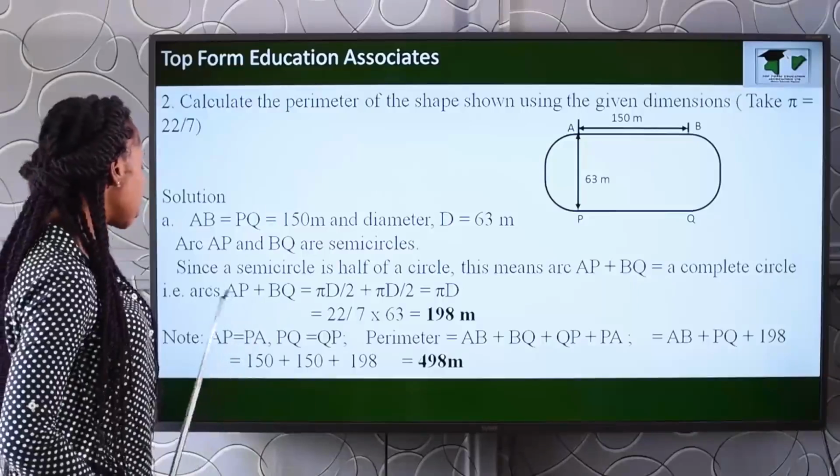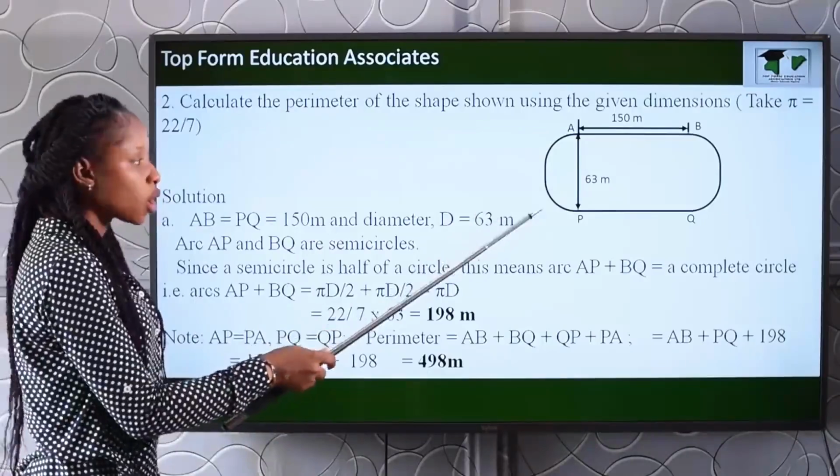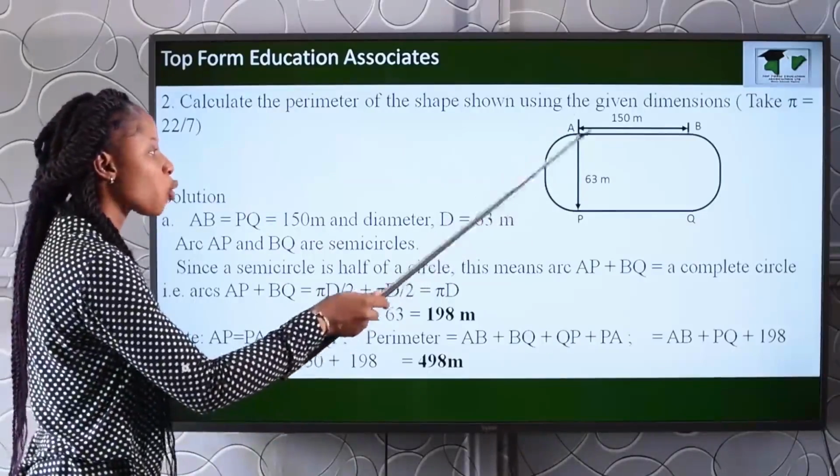Please understand me. Arcs AP and BQ are semicircles. But when we add them together, we get a full, complete circle. So let's